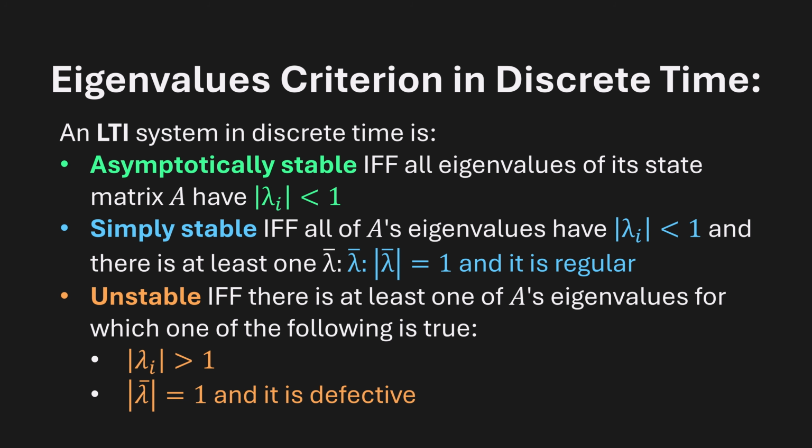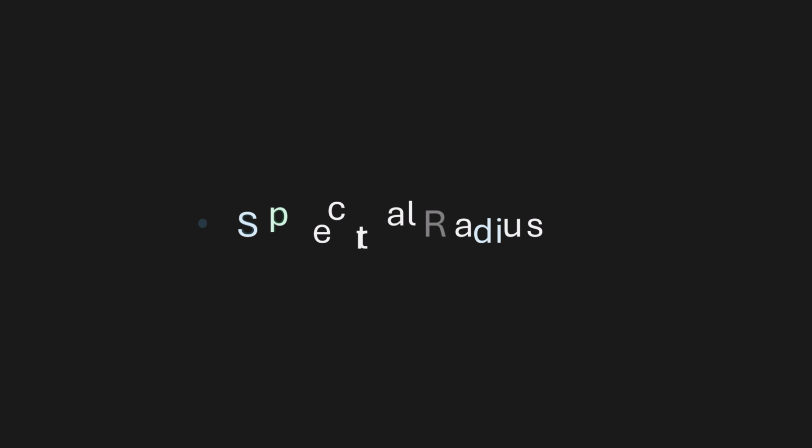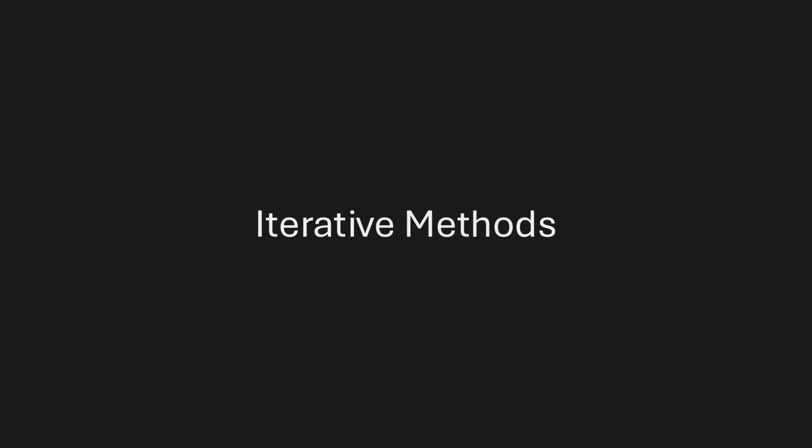This directly connects to the claims we made about rotation and resize about complex eigenvalues before. For a discrete time system, if we can find the spectral radius, we already know the stability properties just from one eigenvalue. Moreover, in general, the spectral radius is often easier, or at least cheaper, to approximate than computing the full set of eigenvalues, especially in large numerical algorithms. We have iterative methods that can approximate it efficiently, like the classic power method, which converges to the eigenvalue of largest magnitude and only requires matrix vector multiplications, which is generally cheap.